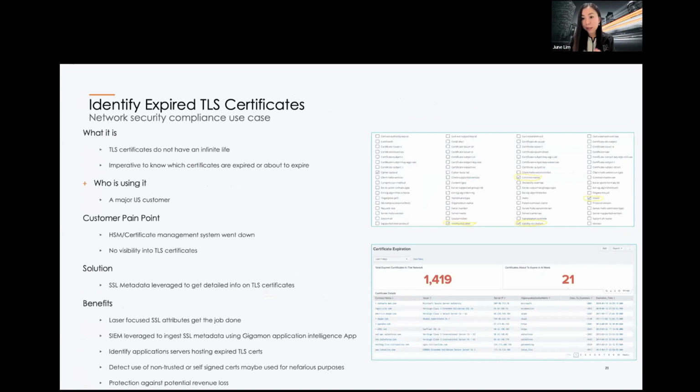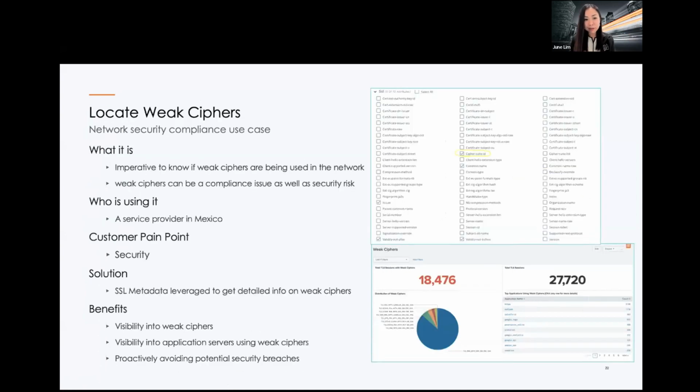We help you to identify the expired certs. I mentioned it just now. You just need to choose the certs that you want to see, and then they can be seen on your Splunk or your QRadar, whichever platform that you have. Weak ciphers.